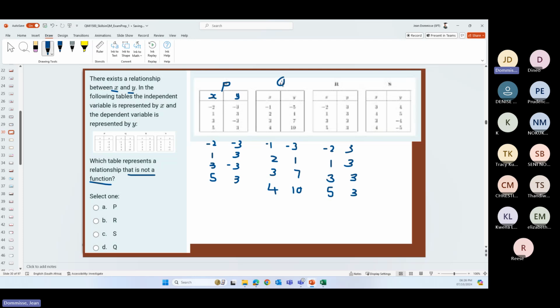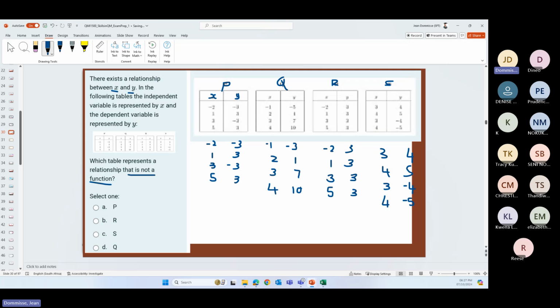So P, Q, R, and S. So 3, 4, 4, 5, 3 -4, 4 -5. Okay, so that was the four data sets, and they ask us which table represents a relationship that is not